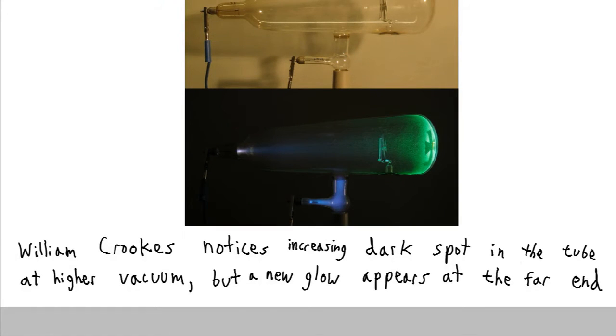Well, Johann Hittorf realizes that there must be a beam traveling through this tube. And so as you evacuate the air from the tube, when you have some air in the tube, that beam collides with the air and gives off that glow. But as you have less and less gas in the tube, then eventually it's able to travel all the way to the opposing electrode, and the beam continues and strikes the end of the tube and causes some glowing to occur. And so you can't actually see the beam, but you can see this glow, or you can see it